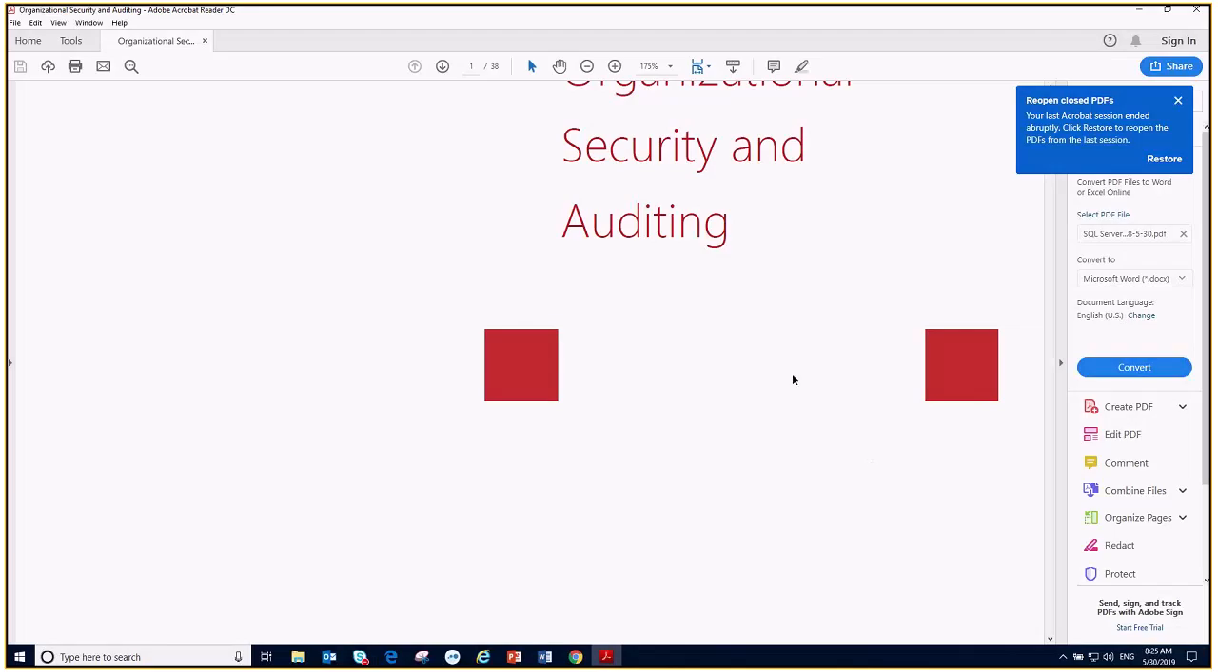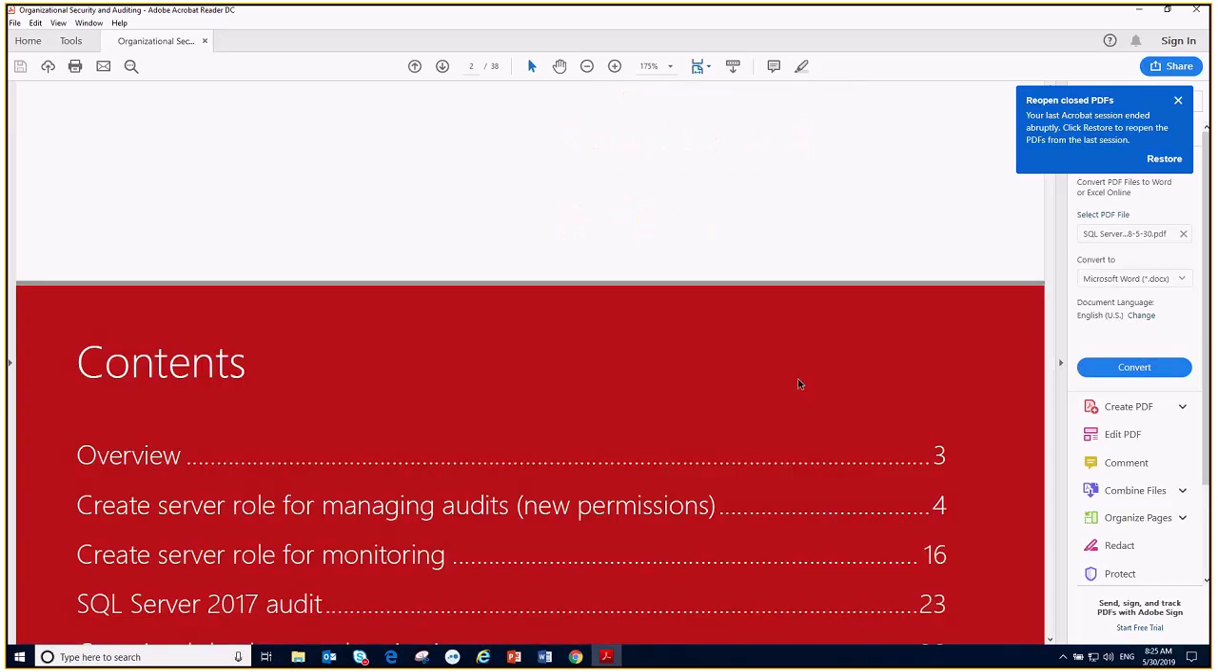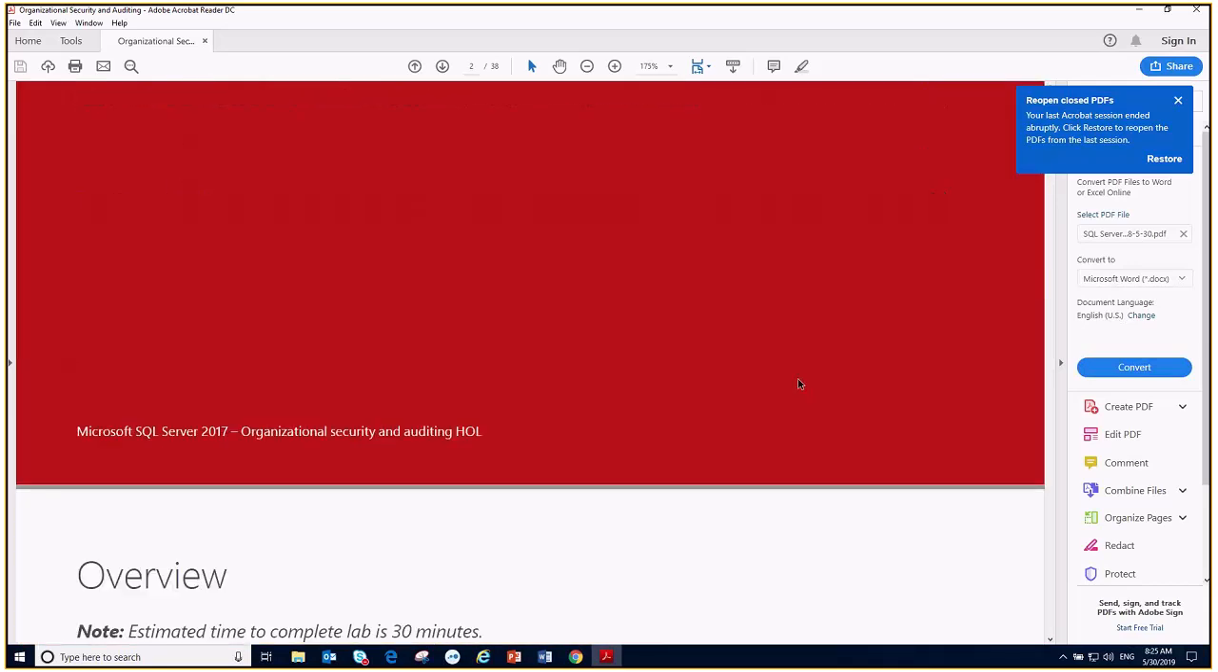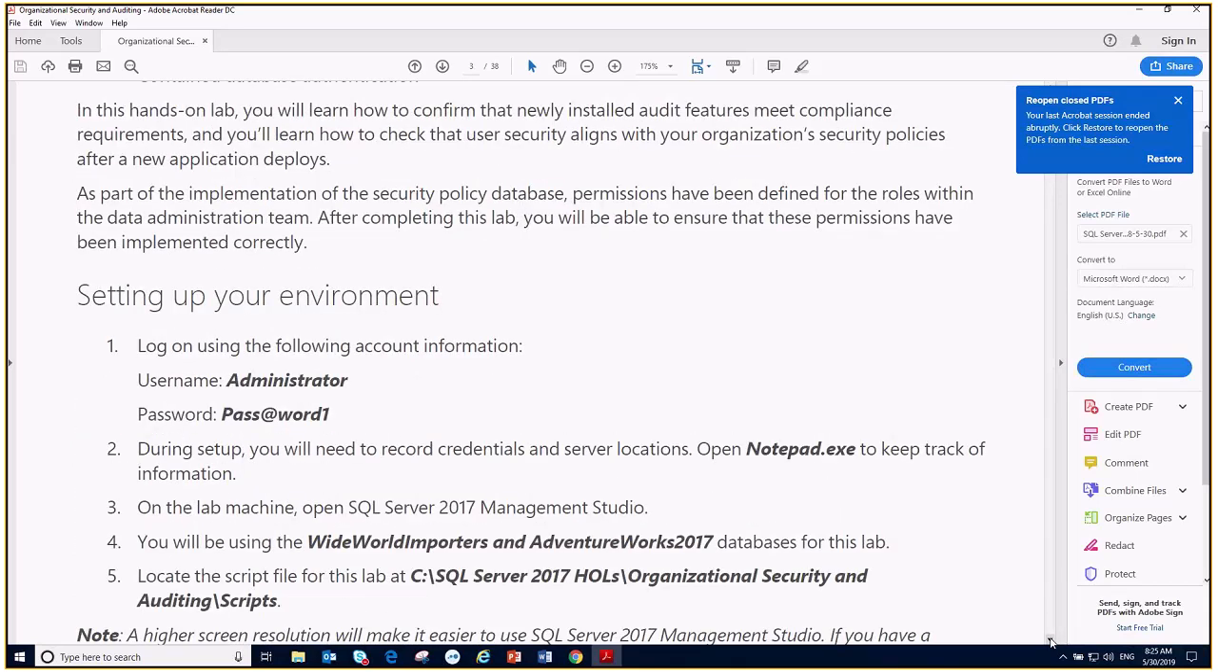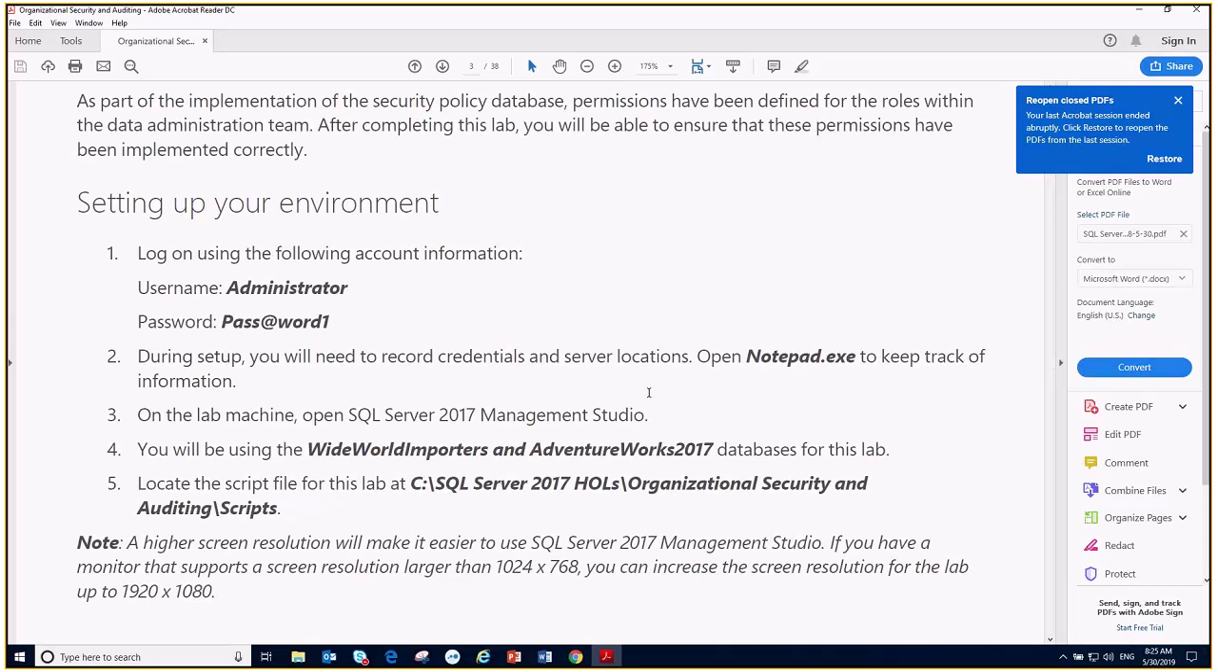So when that is building, we can look at one thing. This is going to be a different one compared to the other one. It's not guided like the other one, so hopefully we have a better experience with this. The setting up your environment. So we are going to use the,